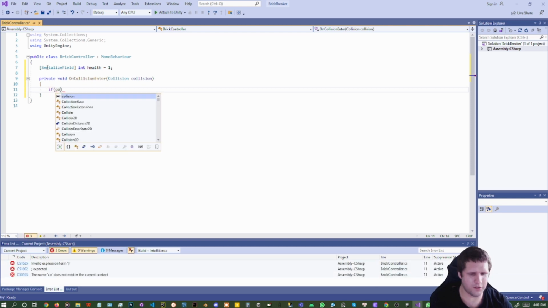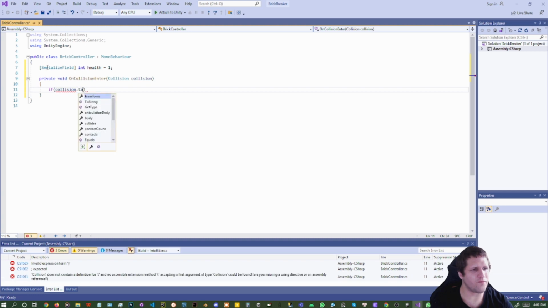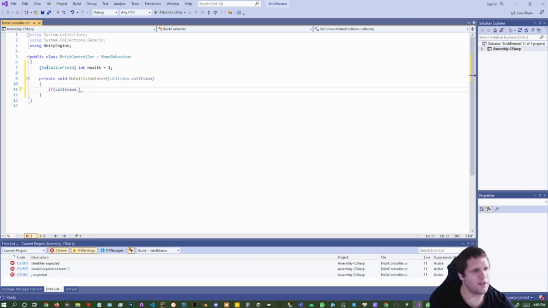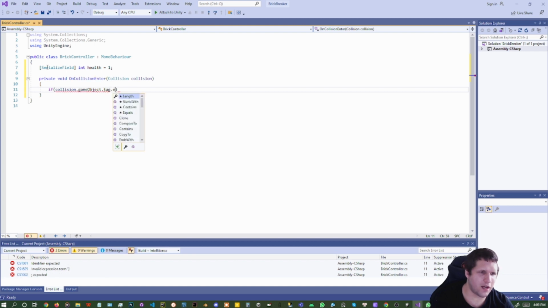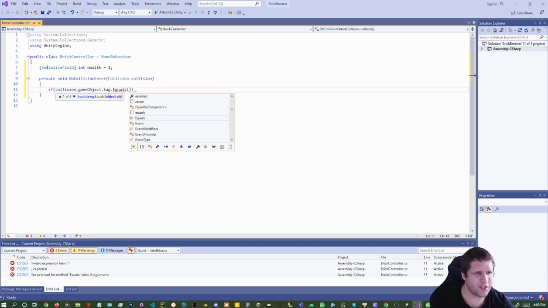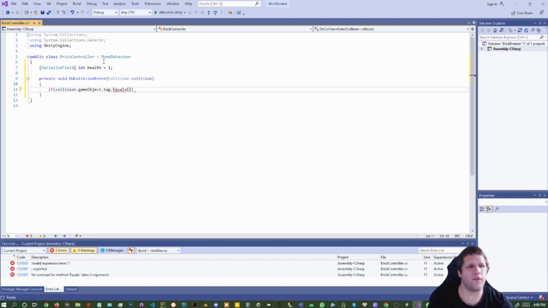And then I will say if the collision dot, we want the tag from our collision. Looks like collision.gameObject.tag. There we go. And we'll say if this equals